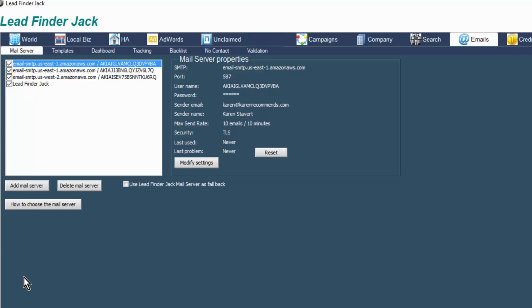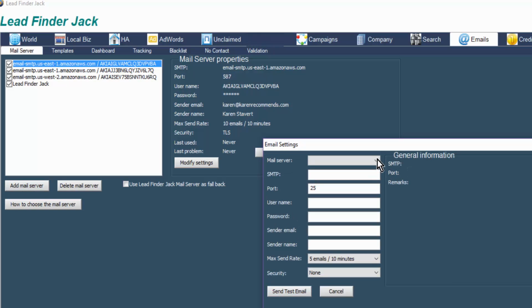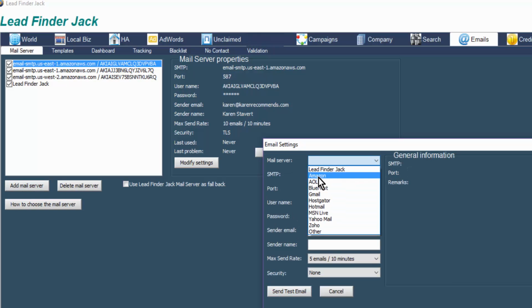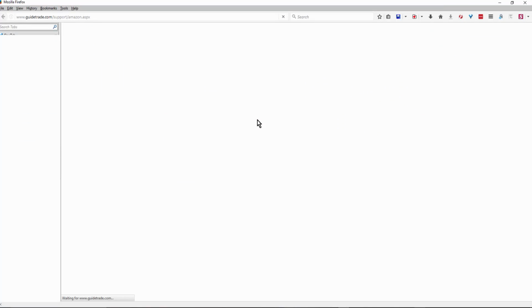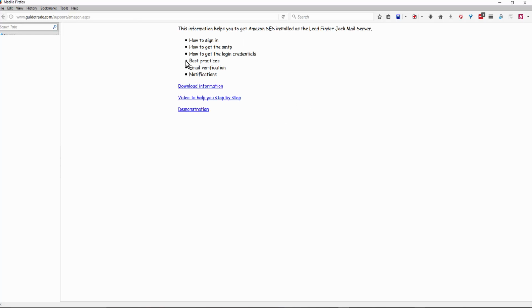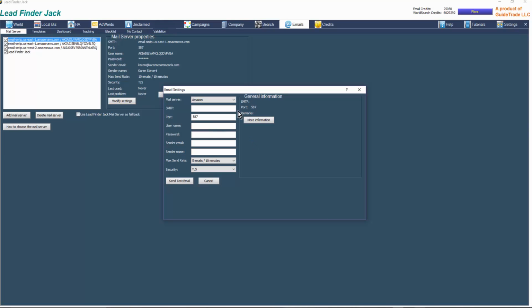You can come down here and add a mail server, and you click on the top button. If you want to use Amazon, click on Amazon. Here's a button that pops up that reads more information. When you click this, it will take you to a website. You can download information, watch a video, and see a demonstration. You're going to use this information and go to